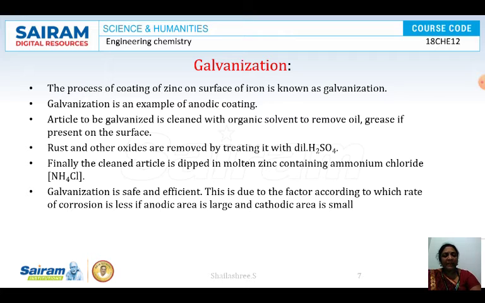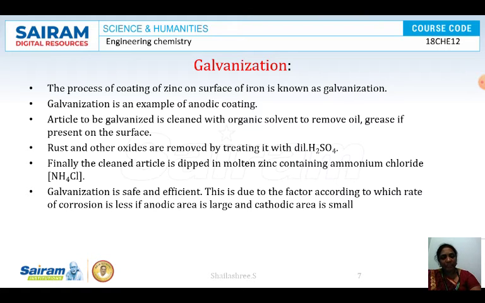You know, it cannot be directly taken into the coating process. Before the coating is done, the article should be cleaned. The cleaning process first includes treating the article to be plated with an organic solvent, because impurities like grease and oil may be present on the surface of the base metal, and these can be removed by the organic solvents. Next, if any hardly adhered or scale-like impurities are present on the surface of the iron, they will be removed by treating the metal with dilute acids like dilute HCl or H2SO4.